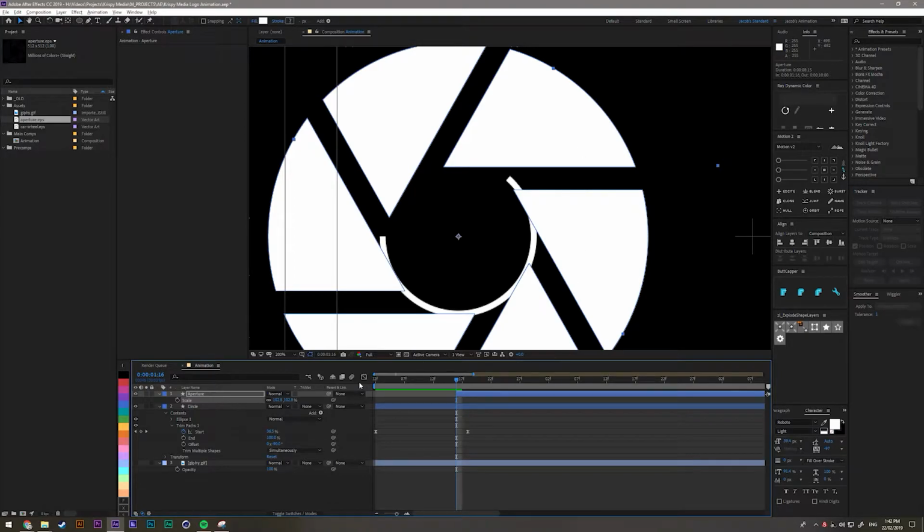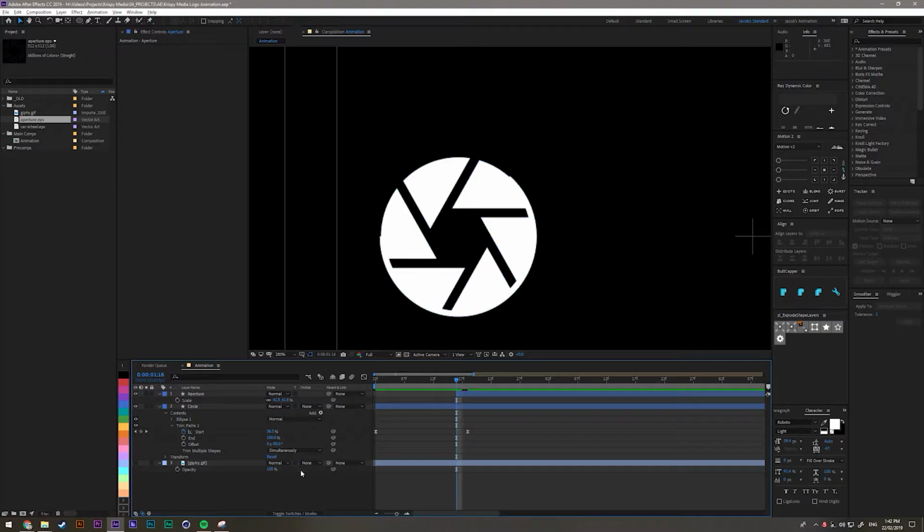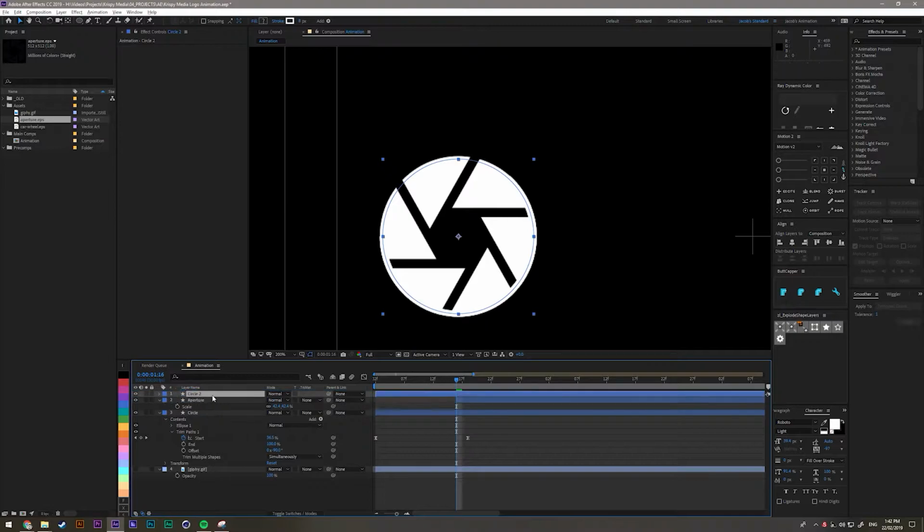So we're actually going to do a quick technique involving a mat, so that we can animate just the scale here of this aperture, but then we won't end up seeing anything outside of this circle. So what we'll do is I'll duplicate this circle, I'll bring it to the top,